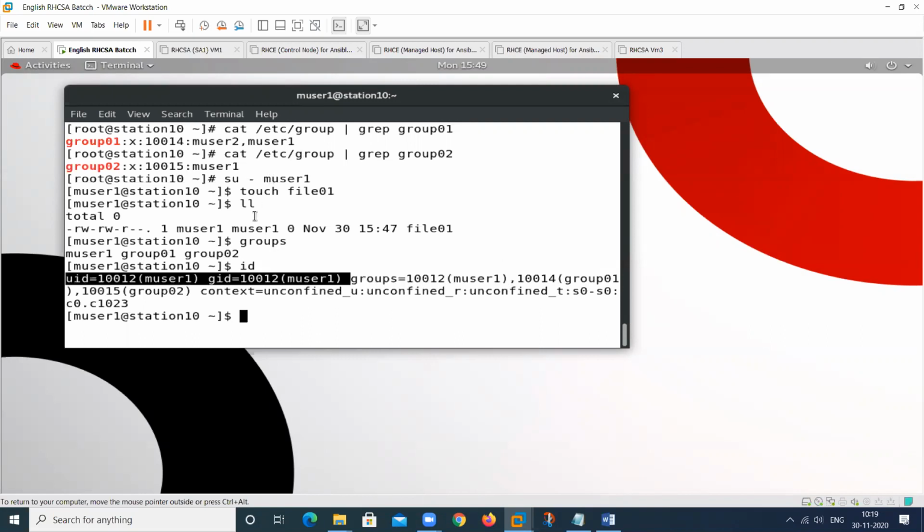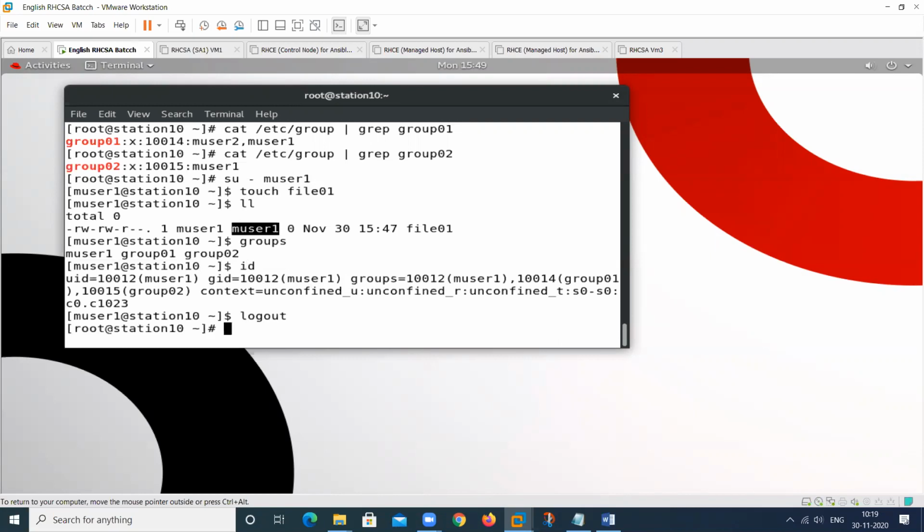When we change the primary group of this particular user, then this part will be changed automatically. When we create any file, the primary group will remain the same. For any other reason, we can change the primary group also.